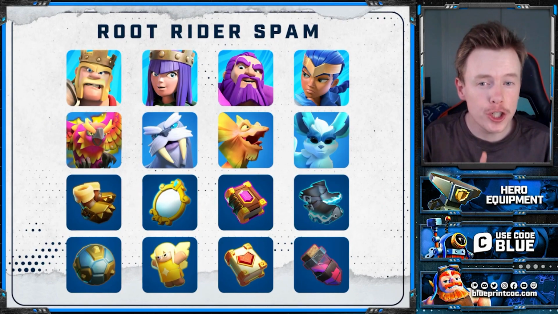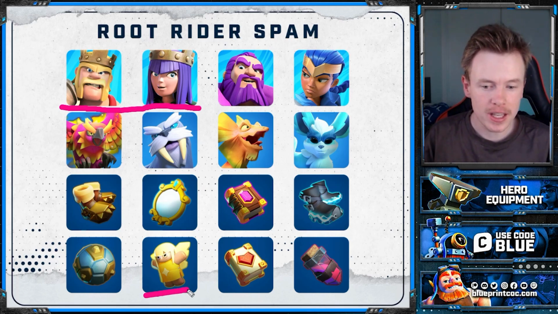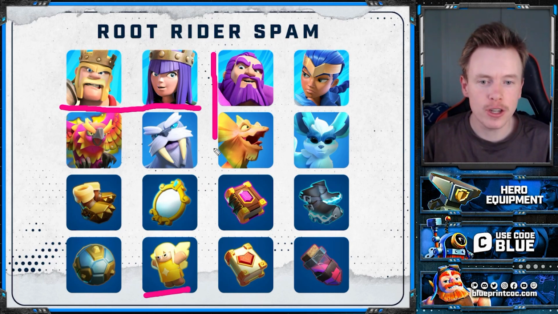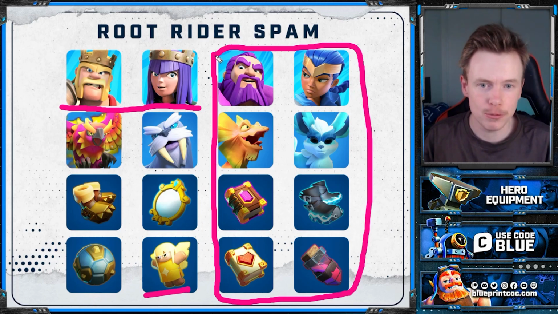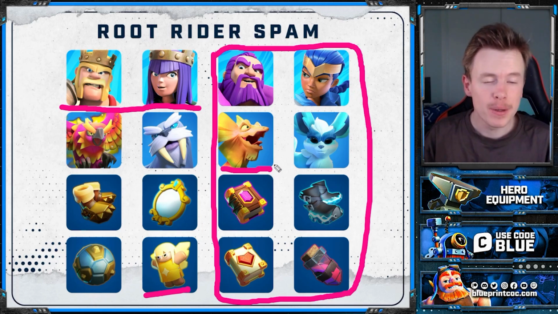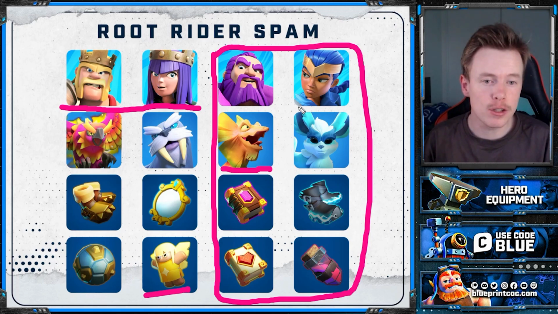Next up, you have generic Root Rider spam. So this is the OG version of it, where you're going to use your King and Queen to set a funnel. That's why we've got the Healer Puppet on the Queen here. So you're going to use them to set a funnel, and then you come in with the entire Root Rider Smash, so everything you see here plus the Root Riders obviously, into the base. That's why we have the Lizard, because we need the Lizard to deal with the defensive CC, just in case the Royal Champion doesn't, because some of the time people will send the Royal Champion by yourself with this attack